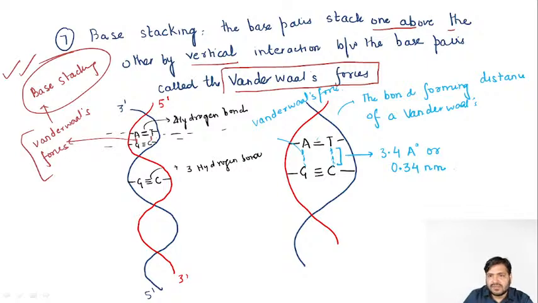So just the bond forming distance of a van der Waals force, okay, is 3.4 Armstrong. Or if I want to write it in nanometer, it is 0.34 nanometer, guys. Apart from that, remember guys, in one turn of DNA, okay, if suppose